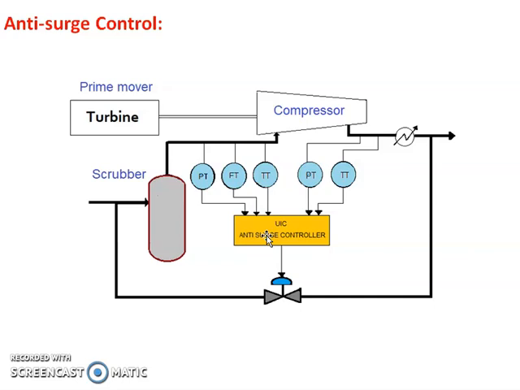If it gives an indication, at that time it will give a signal to the bypass valve. For example, if suction pressure is lost, at that time this valve will open. Due to this, discharge pressure will enter into the suction line, so that the compressor will not enter into the surge region. This control valve is called the anti-surge control valve, which takes care that the compressor will not enter into the surge area.